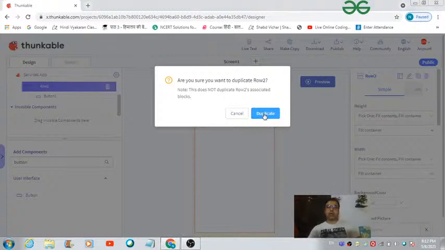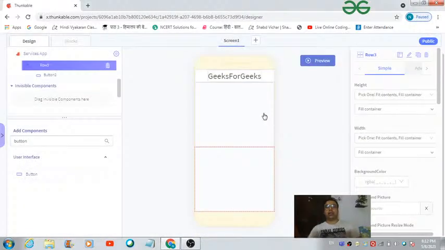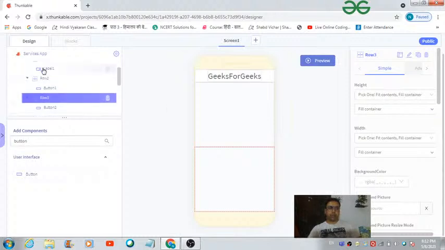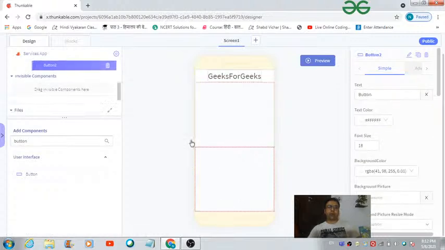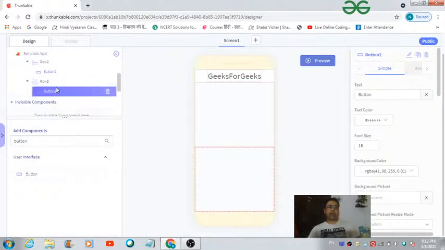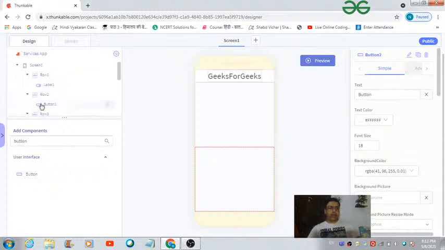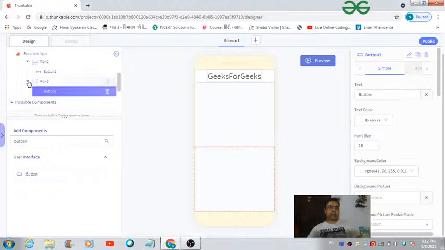Now you can hit this duplicate button over here, which is going to create a duplicate of the row you have selected. So this is row 2 and this is row 1, in which we have a button, that is button 2. Okay, and if you want to place this row in the side of this row 2,